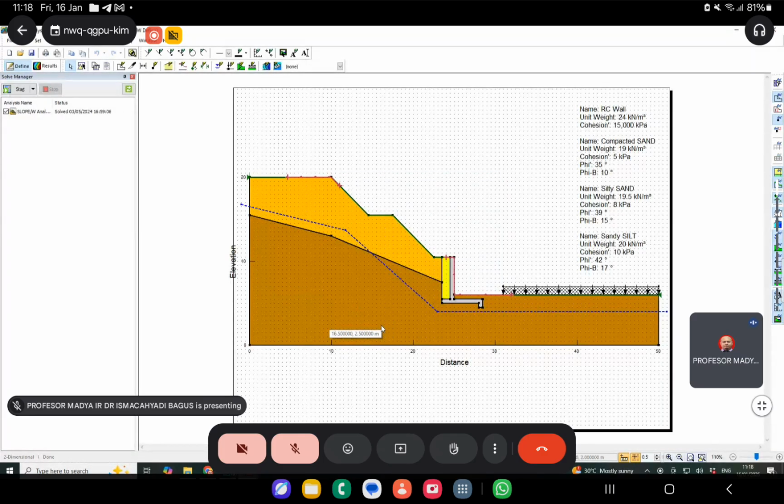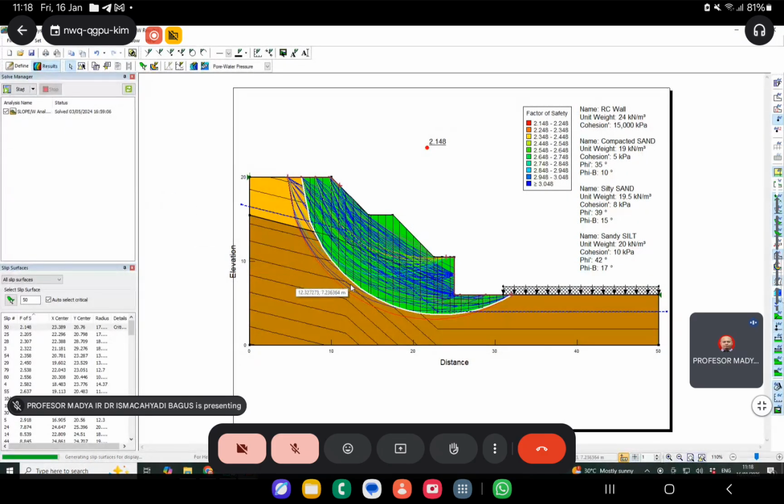And this is without the infiltration. So you have a global stability of 2.148. So the retaining wall is giving a higher factor of safety. Yeah? Yeah, of course, the factor of safety for the retaining wall against